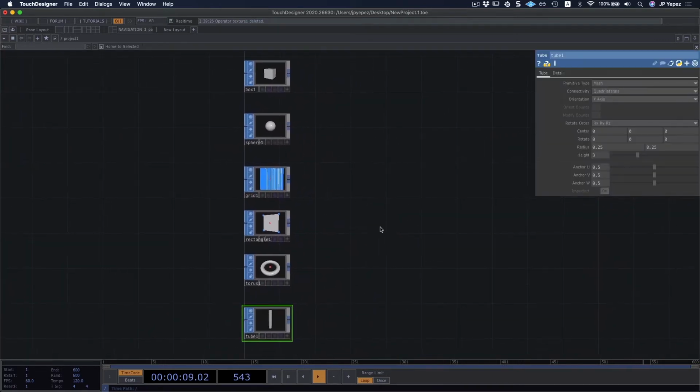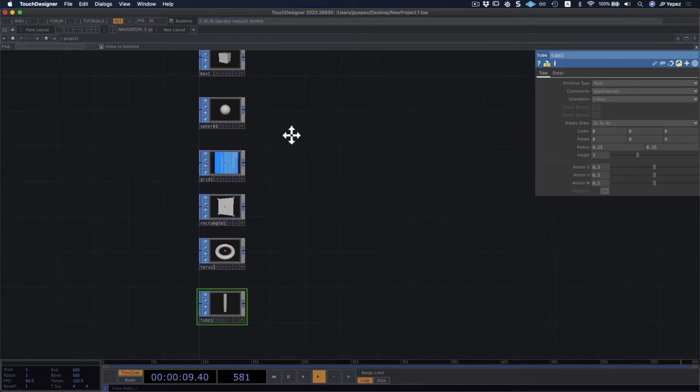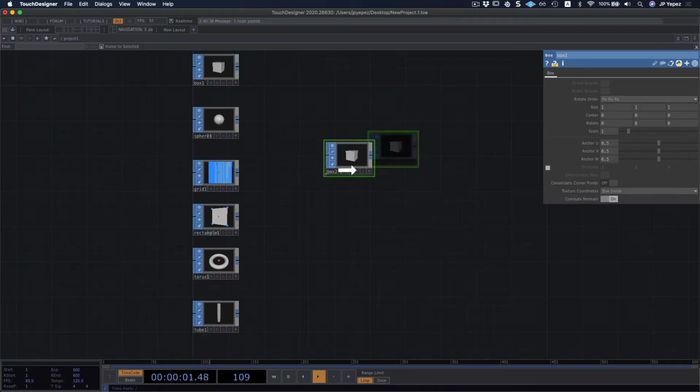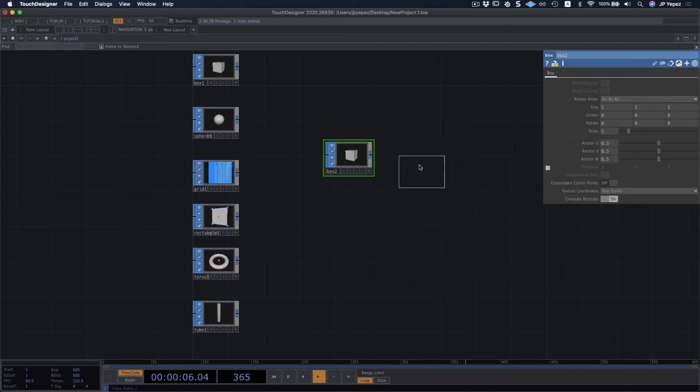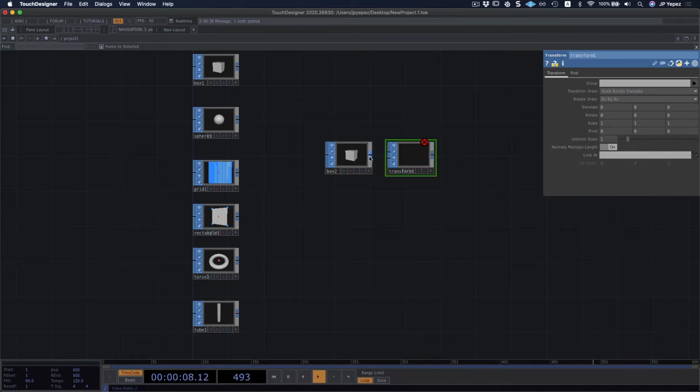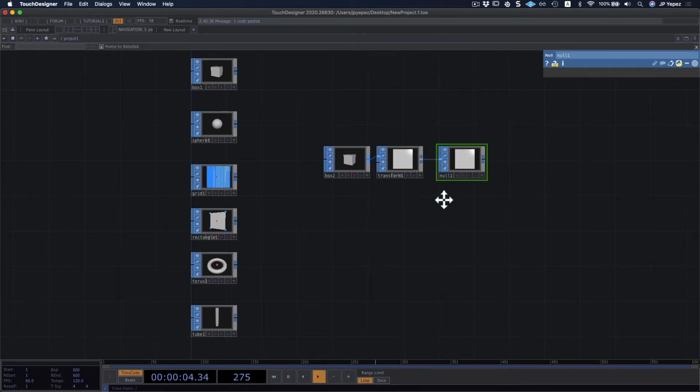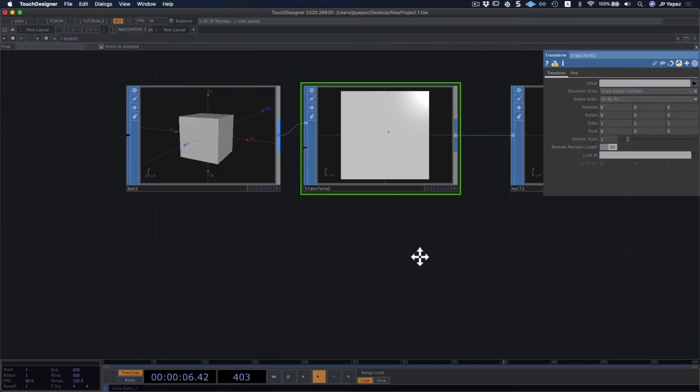Now, the important part is that you're going to be working with these figures in space, which leads me to one of the most important SOPs, which is the transform SOP. It's very similar to what we saw before with our transform TOP, but in this case we're working in 3D.